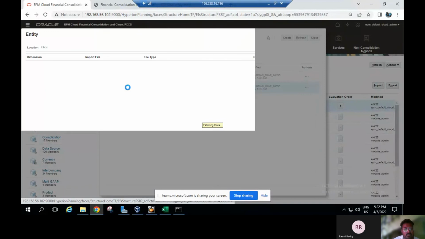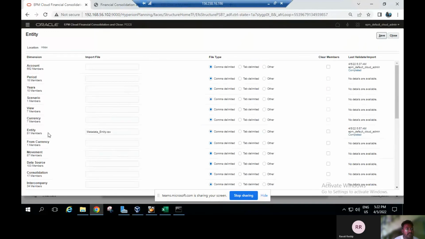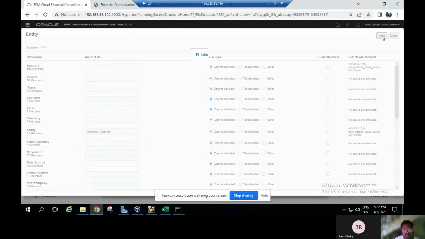Click on that. See, I have taken it as entity here. You have to set the inbox here. Look, inbox is the same as in the local machine. You have to give the same name for the particular import file. I gave it as metadata entity dot csv. After the save,